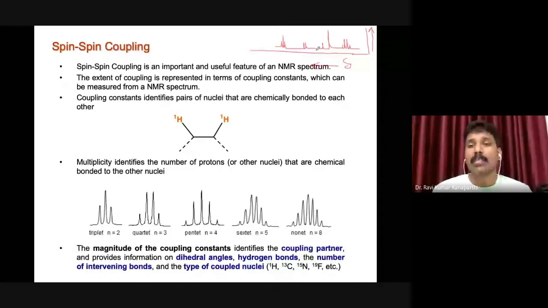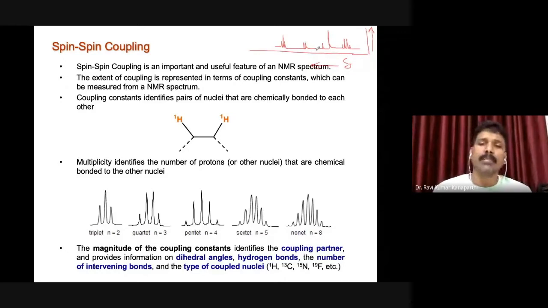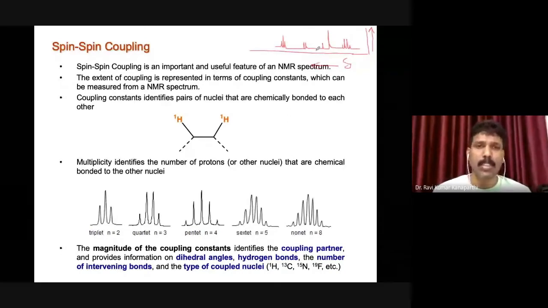Probably in the second semester, you would have studied EPR or ESR spectroscopy. You know that electrons interact with each other and accordingly split each other, right? Electrons interact with the nuclei, so instead of one peak, we see many peaks, depending upon how many nuclei are present. Likewise here, if one nucleus is magnetically active and in its vicinity it finds another nucleus, it basically splits, right? That is what is referred to as spin-spin coupling.